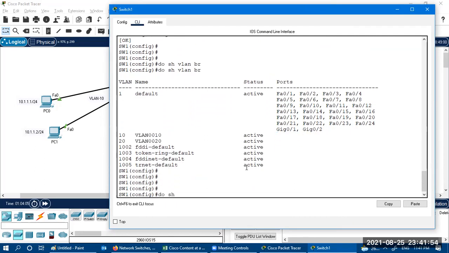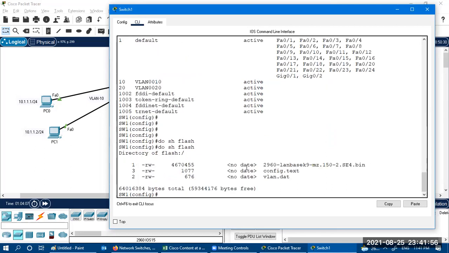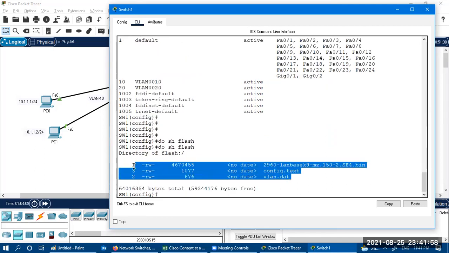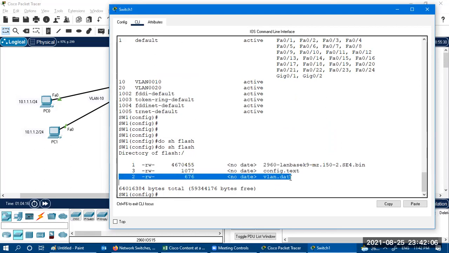Now do show flash. Now you can see there's a config file also, because I have saved the configuration, and there's a VLAN.dat file also. So if you want to delete the entries of the VLAN, you can simply delete the VLAN.dat file from the switch. So all your VLAN information will be removed.